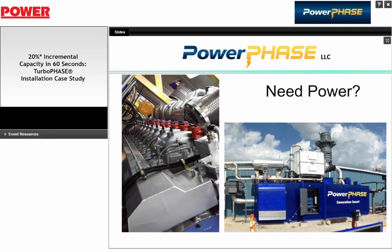Another one. Do you have endorsement from General Electric on any of the LM model of engines, such as the LM 6000, 2500, or LMS 100? Well, if you know my background, I started Power Systems Manufacturing, which is the largest OEM alternative to all the spare parts for all these large and medium frame gas turbines. And so General Electric and others really, I'll say, don't like what we're doing in that business, and for a different reason, don't necessarily like what we're doing in this business, because we're basically displacing potential gas turbine sales. And so I wouldn't anticipate that we're ever going to get an endorsement from any OEM, but we have had